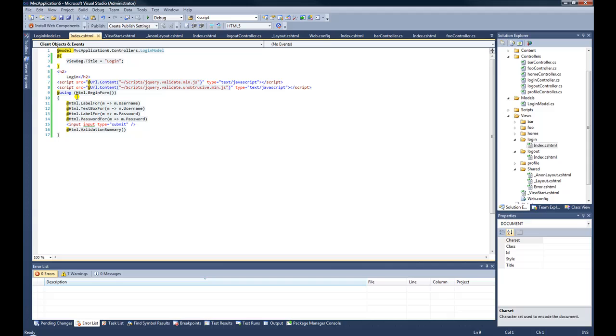In the next line we have a @using Html.BeginForm. This is